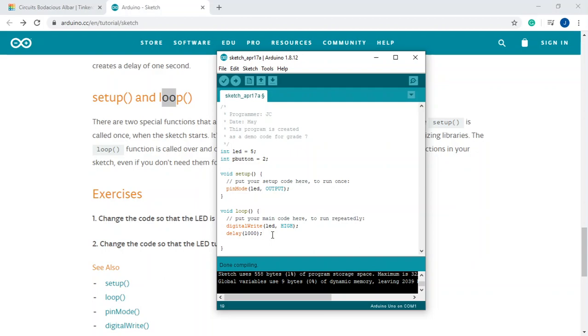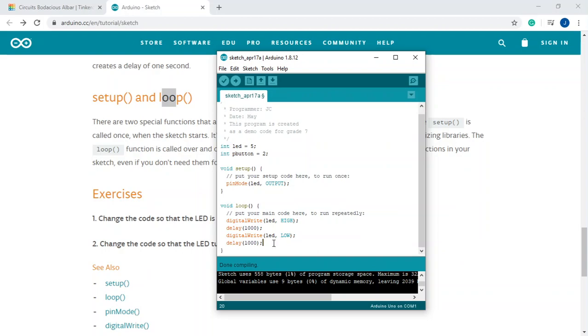Okay, it should turn off. So how do we turn off your LED light? We write digitalWrite(LED, LOW), the same function, the same LED light, the same pin. Okay, and we say it should turn low or off, and then we'll wait for another second before executing another